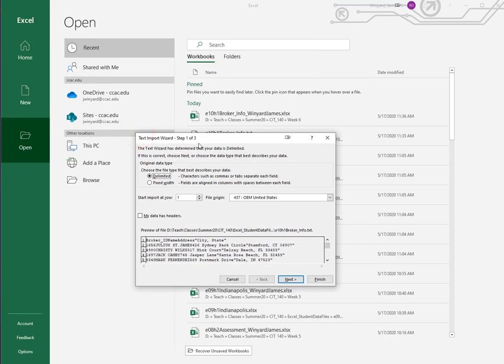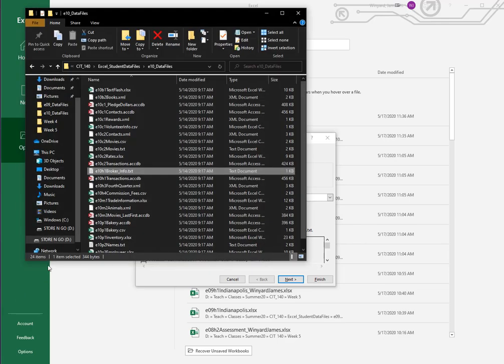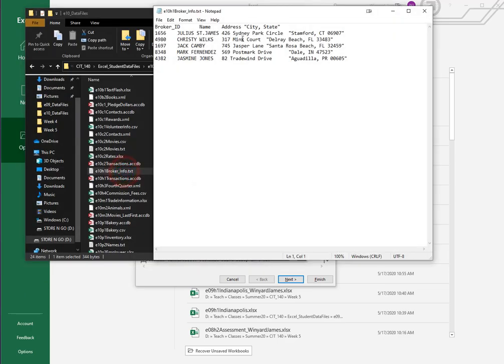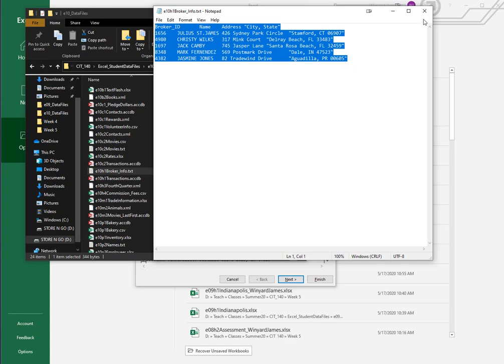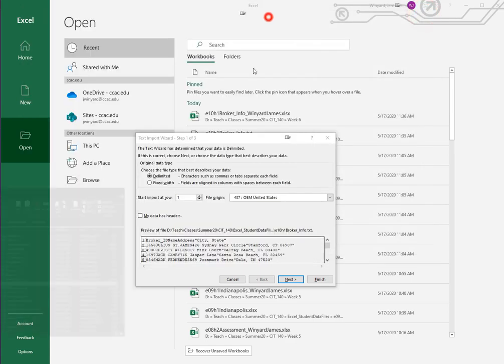It's going to load it in Excel for me, but it's going to give me not a warning, it's going to ask me for some help. Because if I open up that broker file, this is what we're opening up. Excel says, I don't know how to open this. You have to teach me, tell me some things. So we're going to tell it a couple of things, starting out with my data has headers, meaning row 1 is going to be the column headers here. We are then going to press